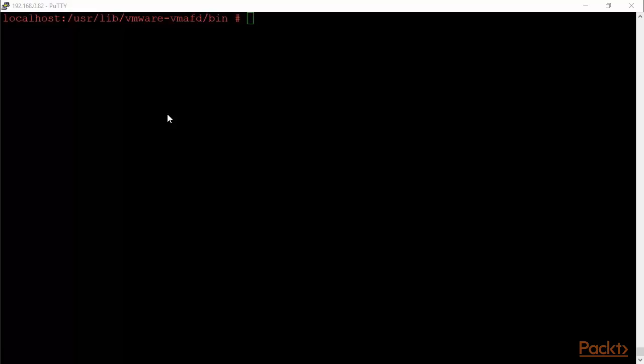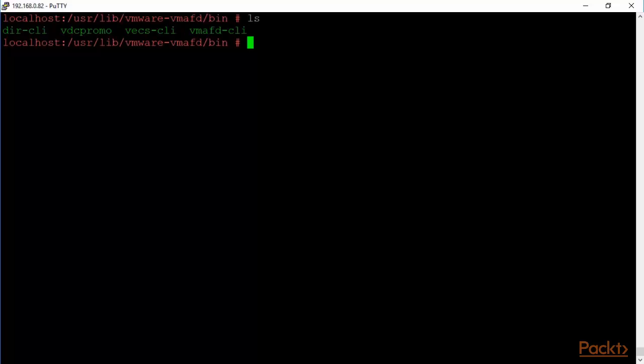So I'm logged into my Platform Services Controller at .82, and I'm in /usr/lib/vmware-vmafd/bin. When I do an ls, I see there are some interesting CLIs here. dir-cli, which is basically for directory management, user management, service management, password resets, and so on. The vecs-cli, that is used for the VMware Endpoint Certificate Store management, and the vmafd-cli, which we have seen bits and pieces of before. We'll just go briefly into it again, but that's the VMware Authentication Framework Daemon CLI. So let's look at